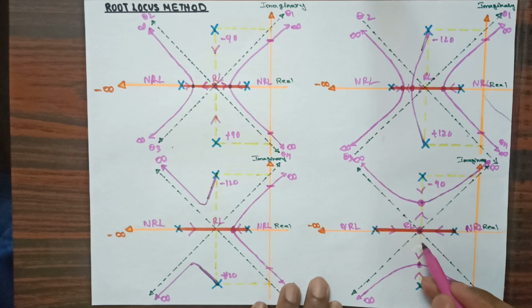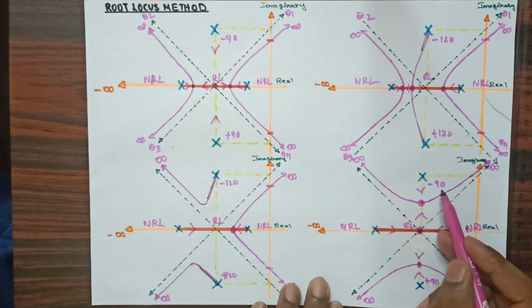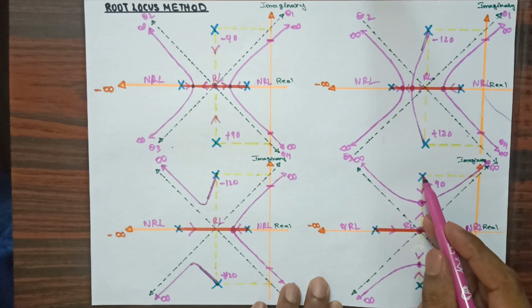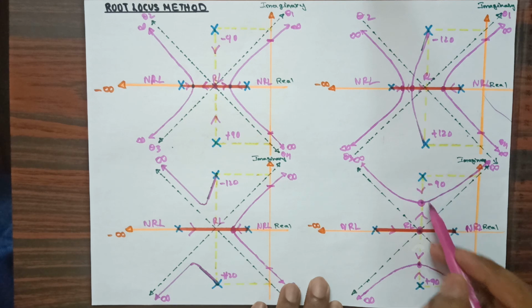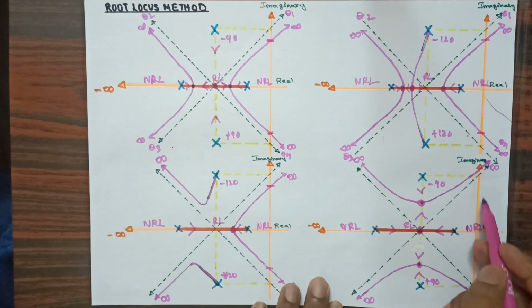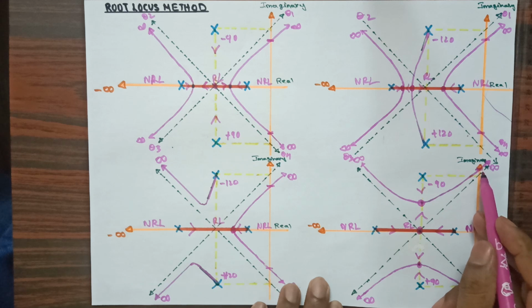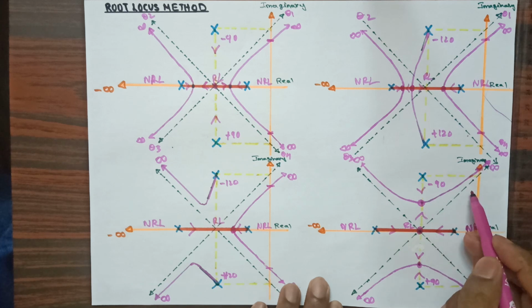Then one will go above and the other will come below, so this will be moving in upward direction. Now for this pole I have given the angle of departure minus 90, therefore this pole will move at an angle minus 90 downwards, and then finally they are going to meet at this breakaway point. So now one pole will come in this direction, another pole will come in this direction, and they will observe this angle, and in this you can see that there is an imaginary axis. So by considering an intersection with imaginary axis, this pole, by observing this angle and the intersection value, will try to move towards